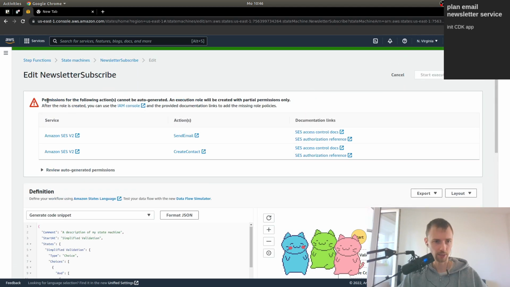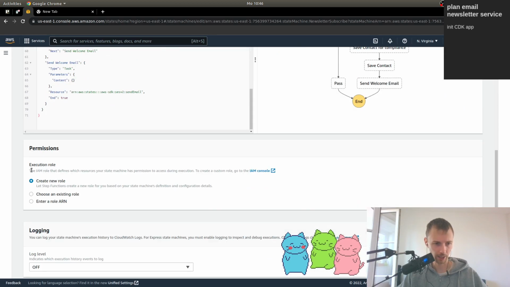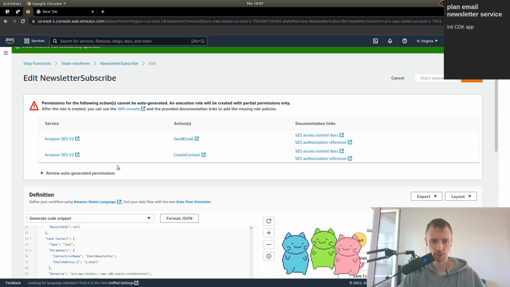Yeah, here we go. So permissions for the following actions cannot be auto-generated. What I did is here under permissions, I want to create a new role, and a lot of the time, Step Functions is actually able to do this automatically. I think the optimized services, that's the term they use, are those that they can auto-generate. SES version 2 at least is, however, not optimized. That's why we have to provide the permissions